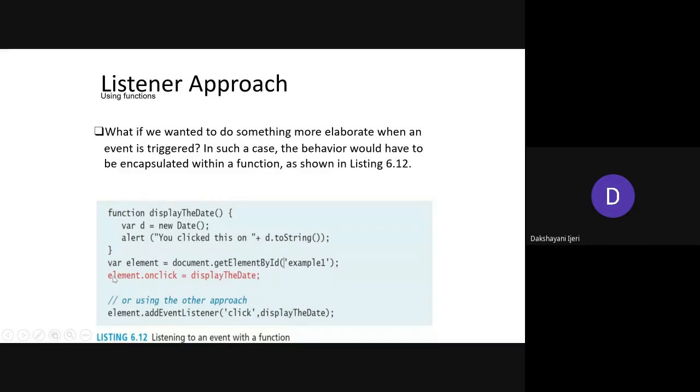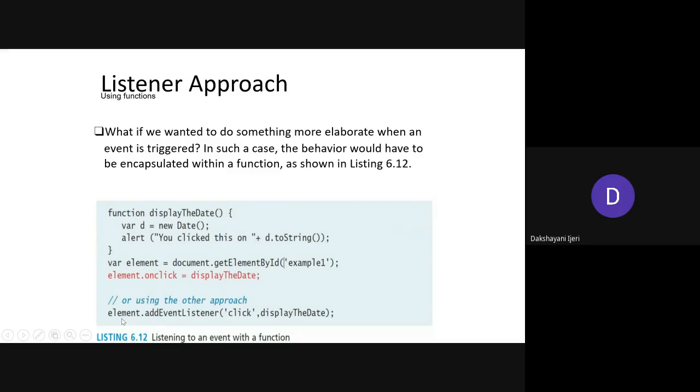And once you are able to access that element, for that element you need to specify on which event you want this function to be executed. So here the event being considered is onclick. If it is clicked, it has to execute this function. So instead of taking anything to be displayed, you want to execute this function whenever the user clicks on this particular element here. Okay. So click it, and this function is going to be executed here. Okay, so this is another way you can use the add event listener method.